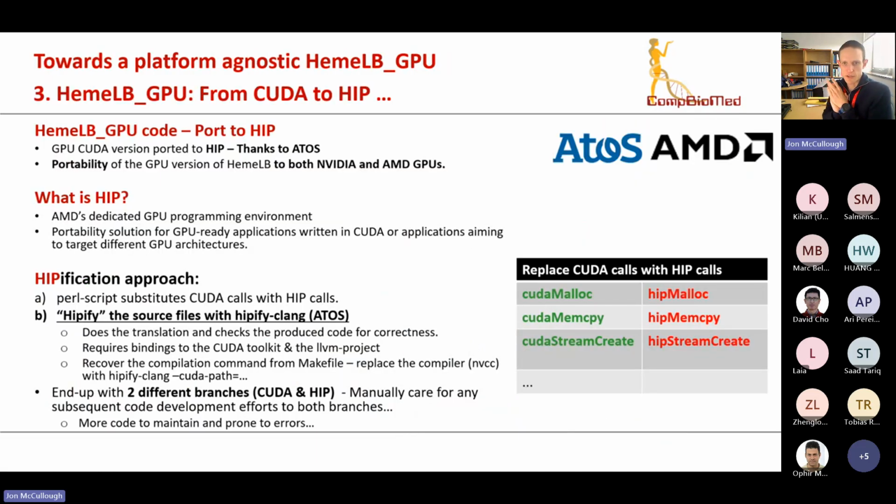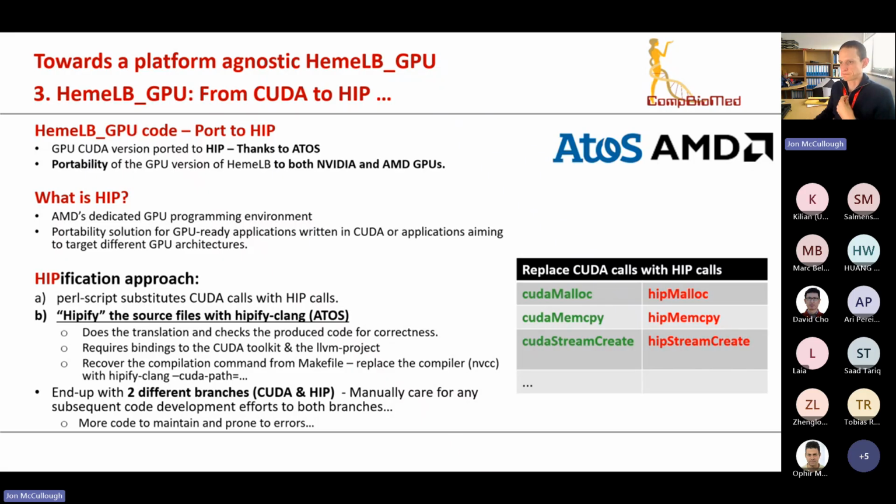So from a historical perspective, the HemeLB code was first converted from CPU into CUDA for execution on NVIDIA GPUs. And then there was a next step, which used what we called the hipification of it, using the HIP-SYCL conversion process to get it running on both AMD and NVIDIA GPUs. And this is the version that we are asking you to use in